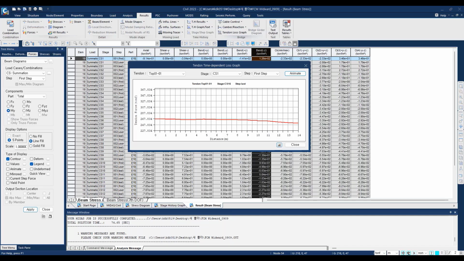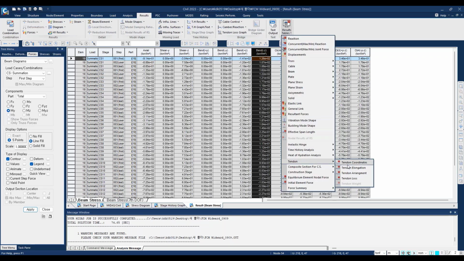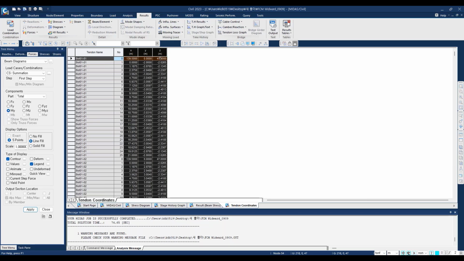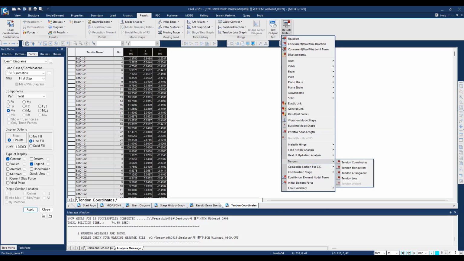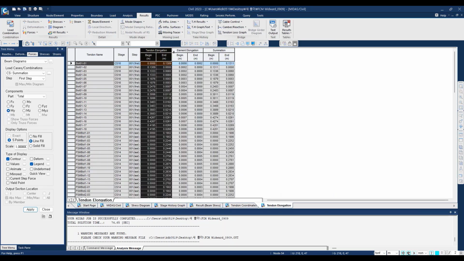And when you check the tendon loss, you can check also the tendon coordinate. It's the same procedure. You go to result, and then result tables, and then you go to tendon, and then you click tendon coordinate, and this is how you can check the coordinate of the tendon we use in our model. And to check the tendon elongation, you need to go to result tables, tendon, then you click on tendon elongation. And this is how you can check the tendon elongation